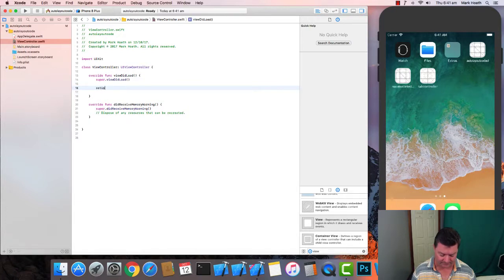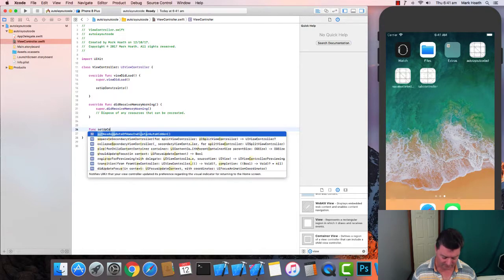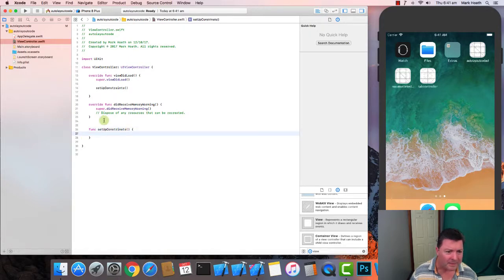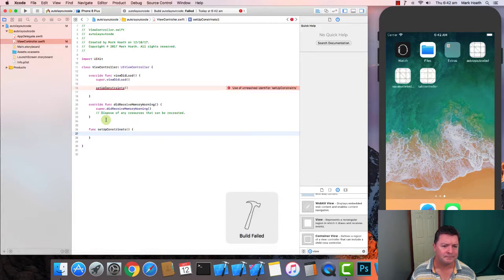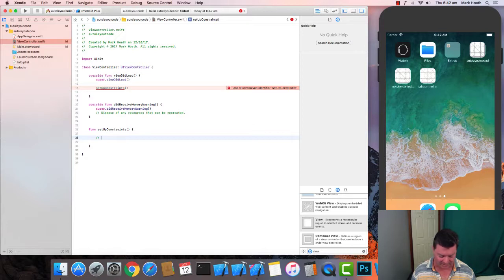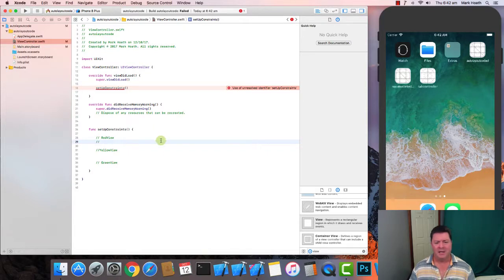So we just go straight to our view controller, and in view did load, we'll create a function called setUpConstraints, which I'll need to spell correctly. I need to spell correctly in both places. Okay, now, so we need to set up the constraints for our red view, our yellow view, and our green view. And if you don't already know,